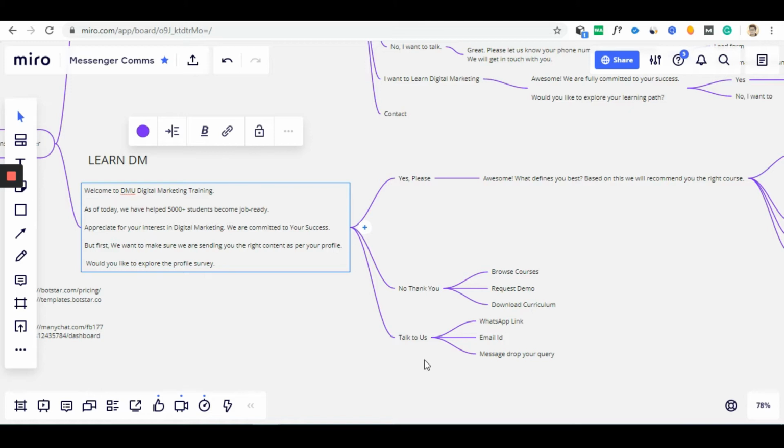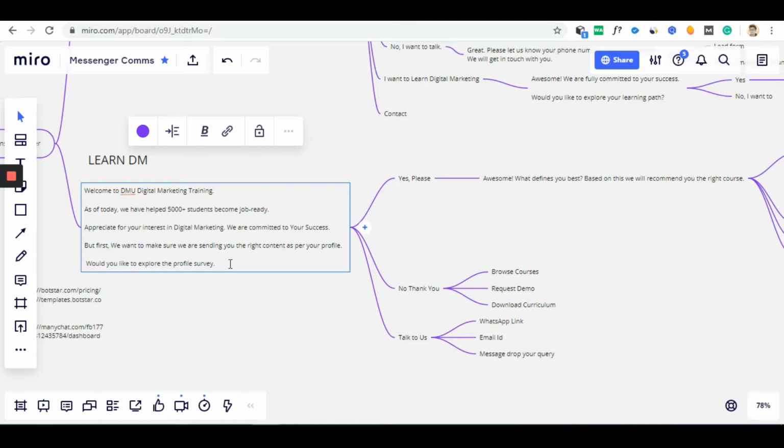So right now, once someone has seen your greetings message, the introductory message, at this stage there will be 3 types of audience. One, they would be interested to go through this survey and get to know more about your products and services. There will be a set of audience who would be impatient. They want the information at the quickest possible time frame. They don't want to browse much. They don't want to go through a hell lot of information. They simply want to get the brochure and make up their mind.